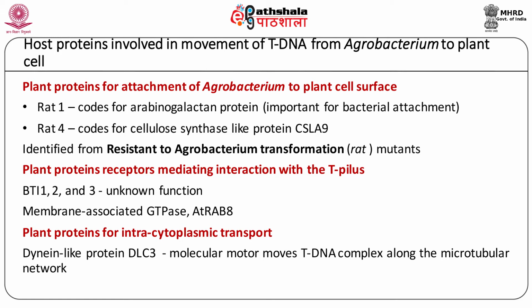These rat mutants suggest the significance of plant proteins in the initial attachment of bacterium to plant cell. Some more proteins present in the plant cell membranes are also required for this attachment, but their function is not known. In the cytoplasm, dynein-like protein DLC3 acts as a molecular motor for movement of the tDNA complex along the